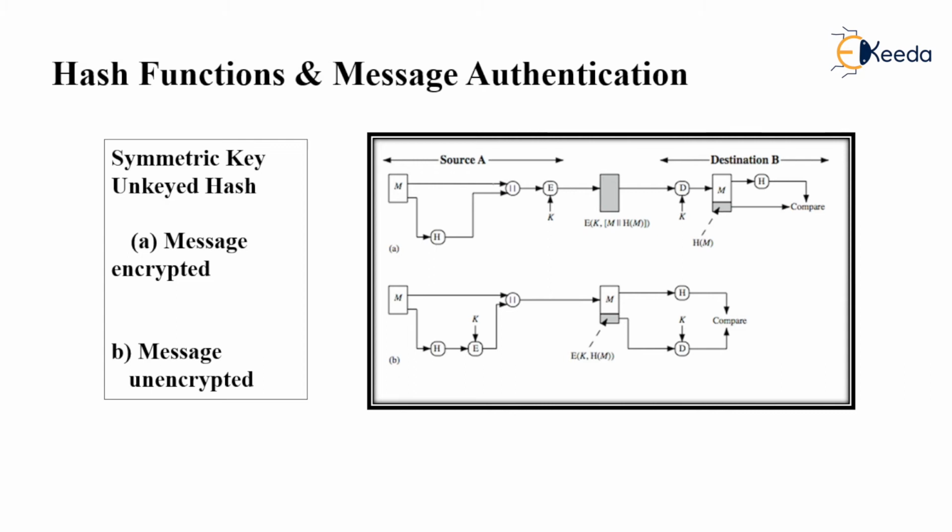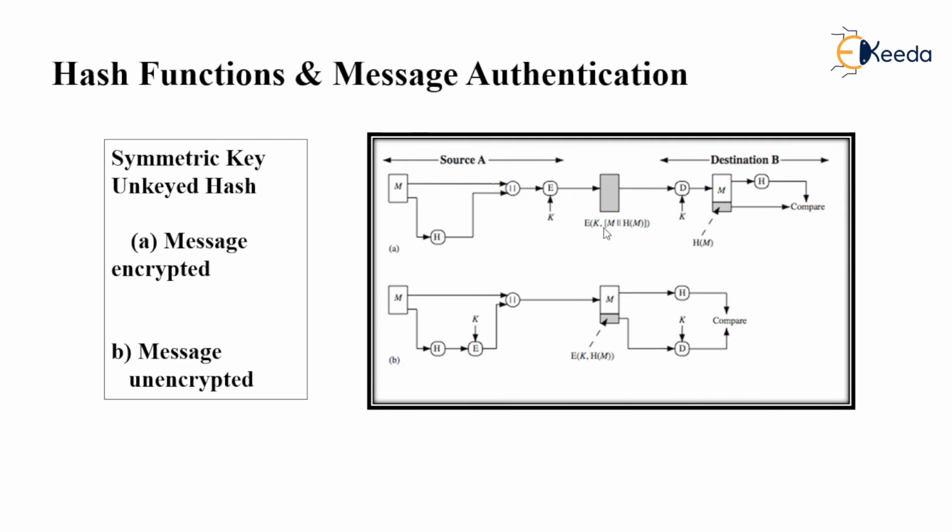Then the output we get, plus the original message, is XORed, and whatever we get here then undergoes the encryption process, for which we utilize a key. Then we can say that the output we are achieving is the keyed output, that is, the encryption